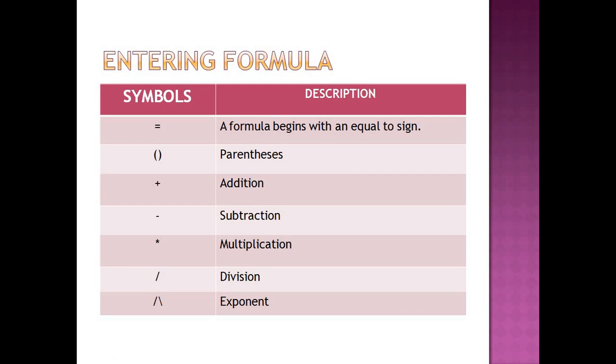Last year in 6th standard we have seen, while using a mathematical formula in our MS Excel spreadsheet, what we were doing: we were giving the equal to sign, and after the equal to sign, we were giving our values. When the equal to sign is used in a formula in an MS Excel spreadsheet, it is used at the beginning of the formula. फॉर्मूला लिखने से पहले इक्वल टू साइन दी जाती है MS Excel के अंदर. ये हमने लास्ट ईयर भी स्टडी किया था.